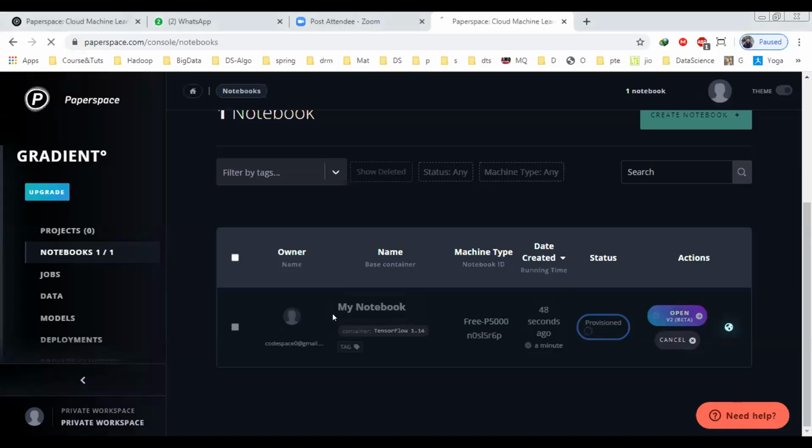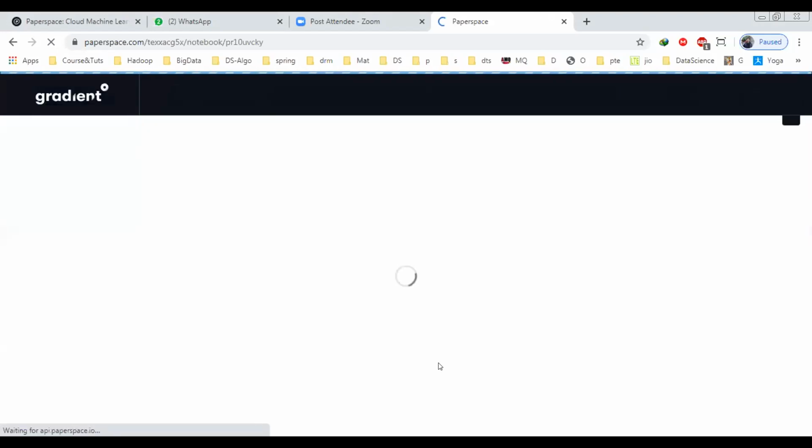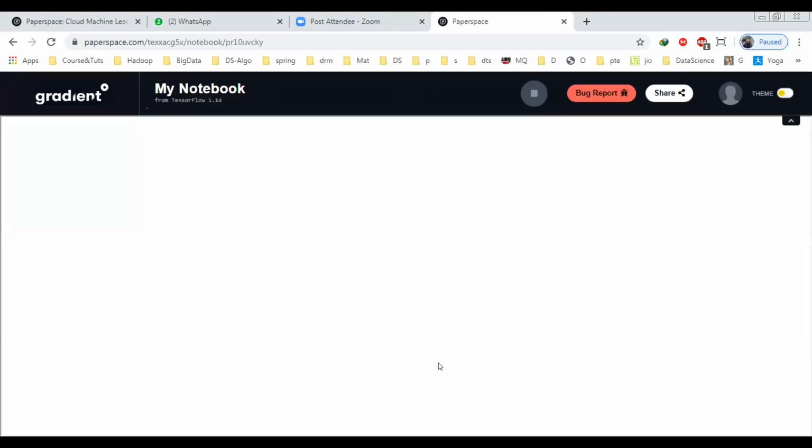Yes, yes. Okay, so once you get this notebook, you will be seeing this. Let it open. Just go to the first tab. Let me just see that screen. Yeah, this one.